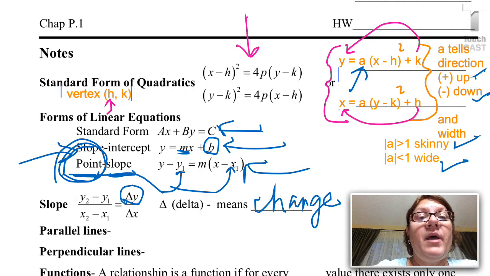And it doesn't matter which ones come first. You might put the subscripts 1 first. Here it's shown with the 2's first. You just have to make sure you're consistent. So if you put the 2 first on top, then you have to put the 2 first on bottom. If you put the 1 first on top, then you'd have to put the 1 first on bottom. Parallel lines, you should remember, have the